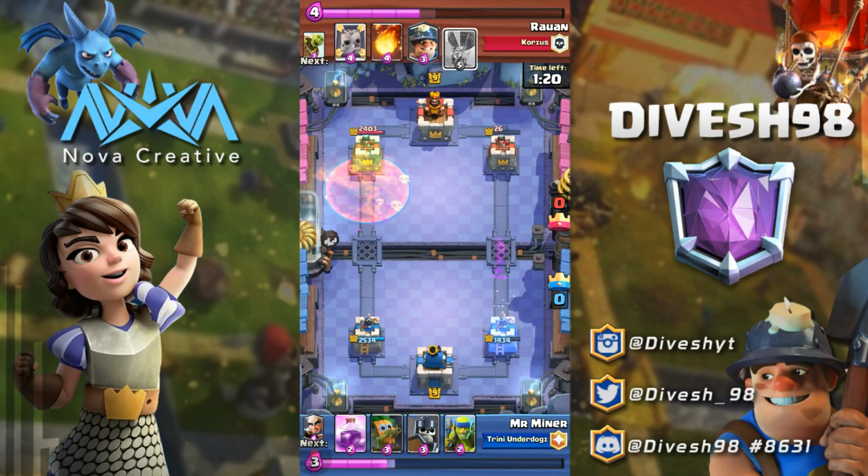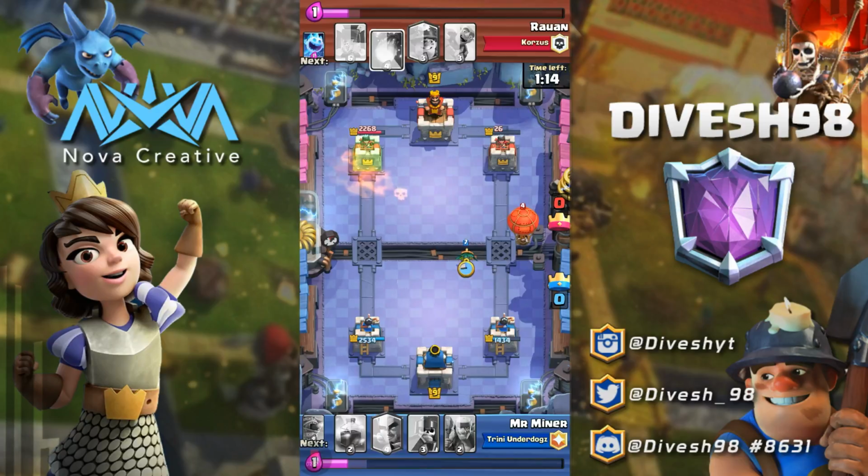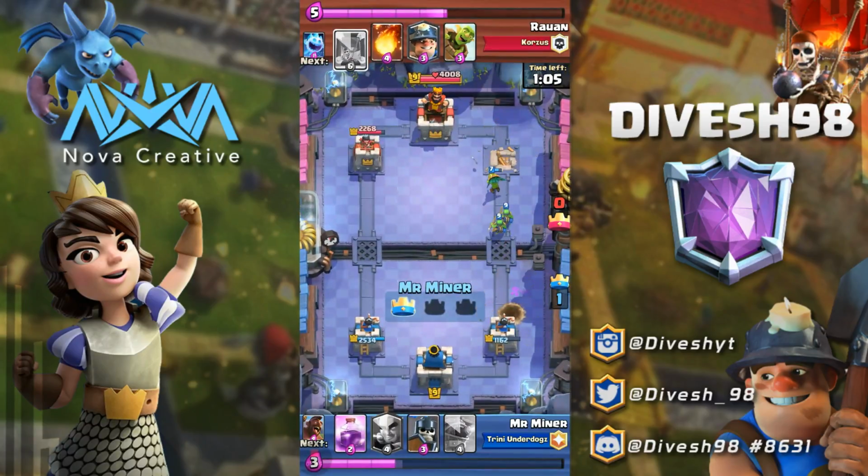The Ice Wizard does get some shots on our tower there now, and he's ready to hit us hard with yet another balloon. So we spread out our Dart Goblin and our Spare Goblins to make sure that balloon does not get to our tower. However, it is still within reach, so it does get the death damage off. However, we did manage to bring down that tower there,